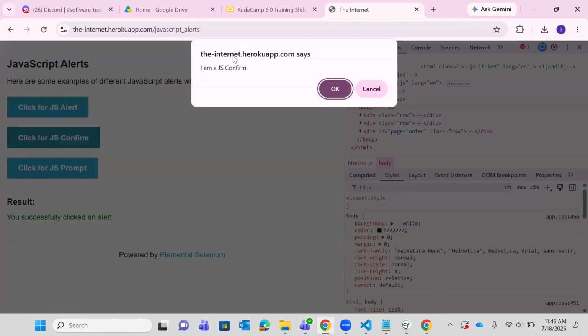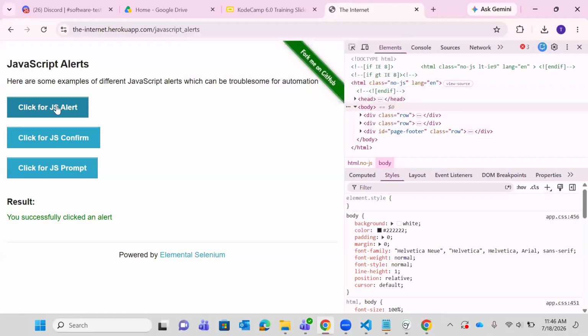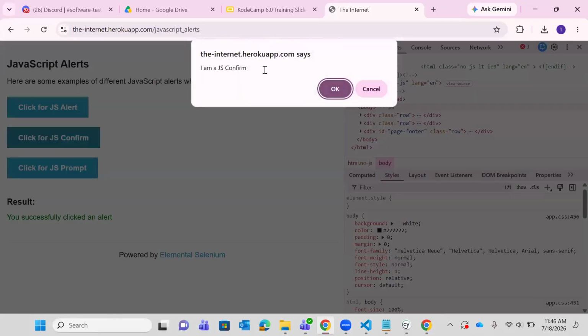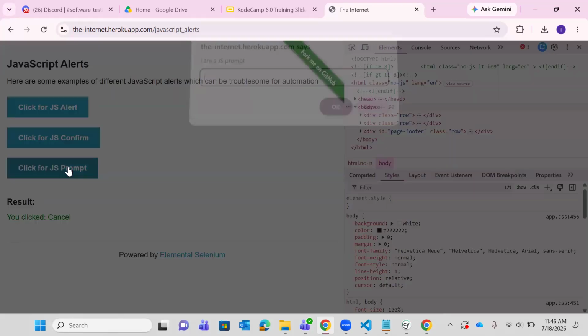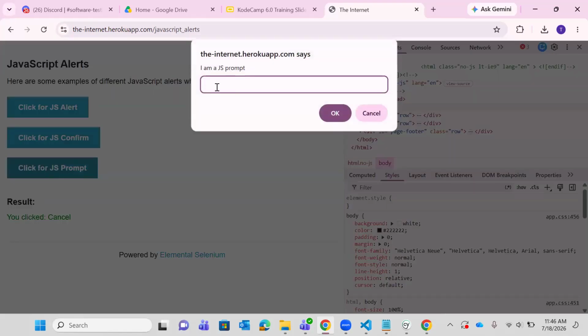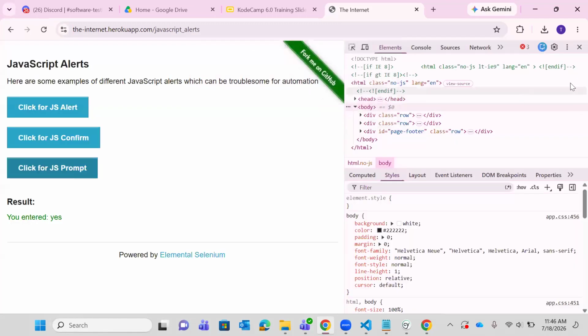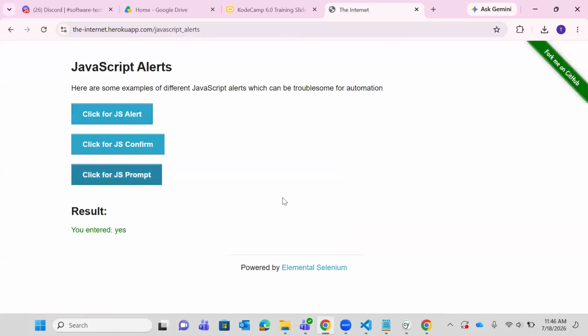And for this JS alert, it requires you to say okay, and some alerts don't even require you to say okay; even if you don't, you should continue. But for a confirm alert, you have to confirm or cancel. And for a prompt alert, you have to type inside the prompt, like yes, and click OK. So those are the three types of alerts we want to talk about. So I'll be creating